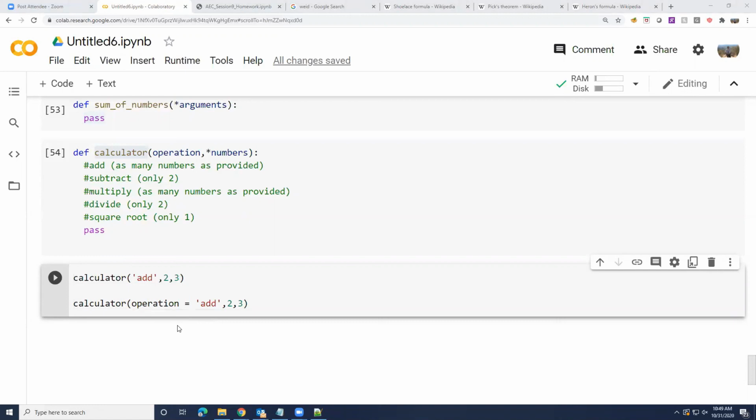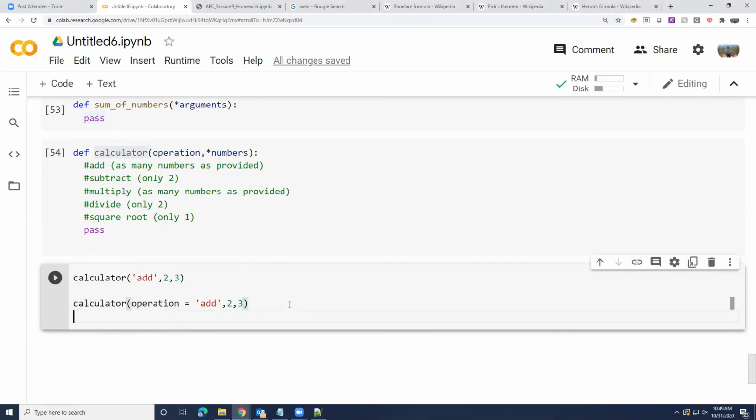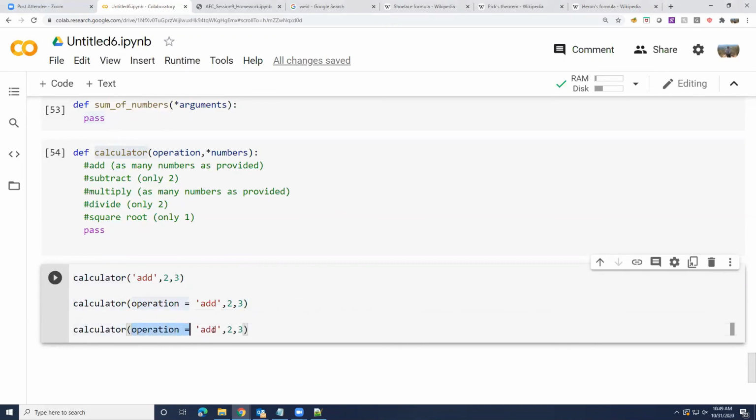Do these two ways of calling look any different? No, they don't look any different, right? Yeah. How about this one? Does this look any different now? No, the function does not know, Vidyut. We will make it know. The function does not know add equal to plus yet. We'll make it know. So does this thing look correct? The third one and the second one, do they look the same?